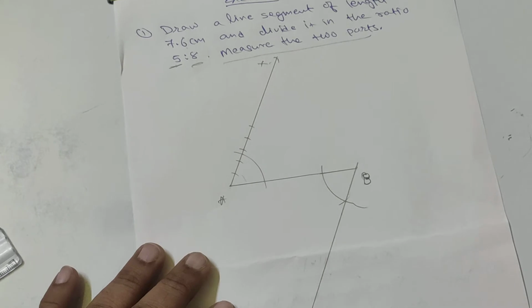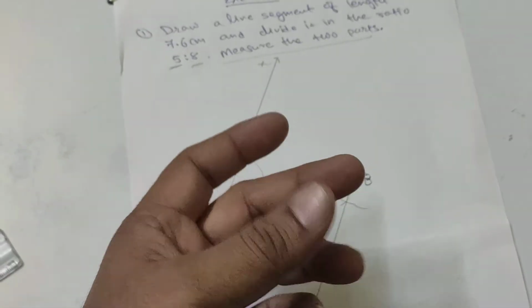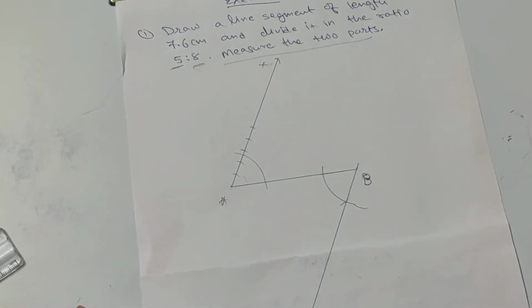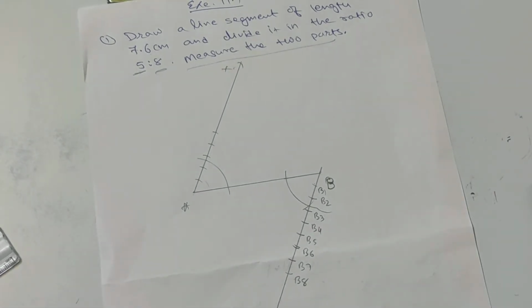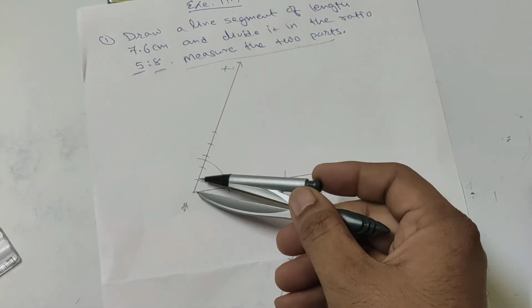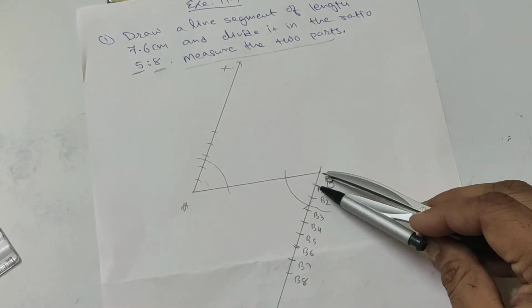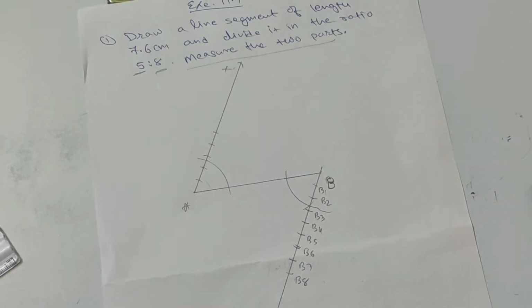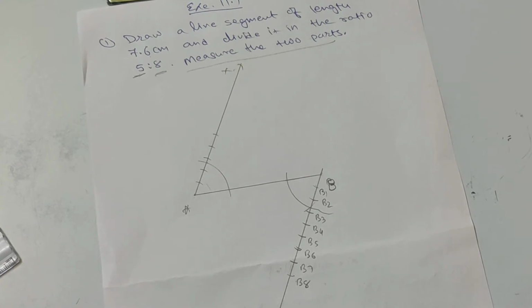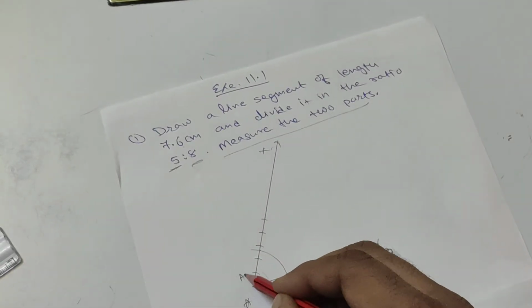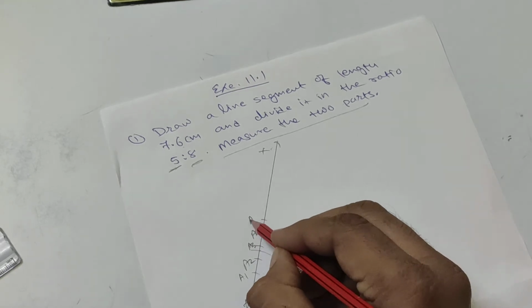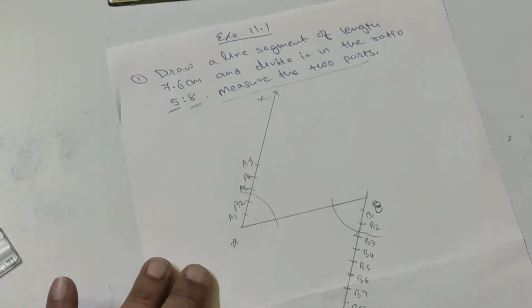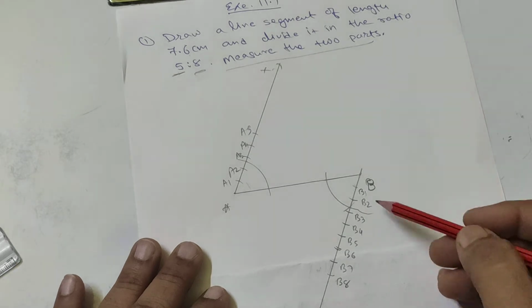So I have drawn 5 cuts over here, and similarly I have to put 8 marks on another ray. So I'll do it for you very quickly. So it's done, but make sure that you keep the same measure. Whatever measure you have taken right here, you need to keep the same measurement to draw these arcs as well. So call this A1, A2, A3, A4 and A5. There are 5 parts over here and 8 on this ray BY.